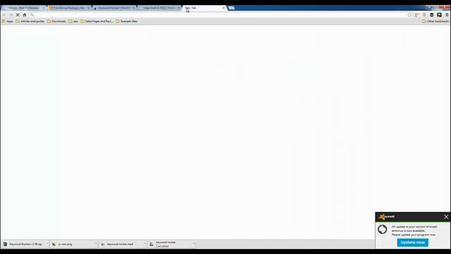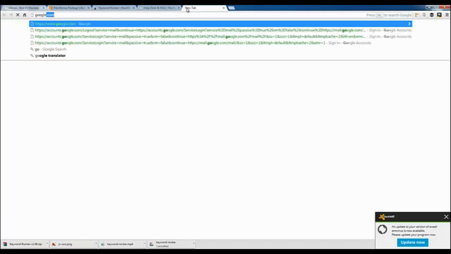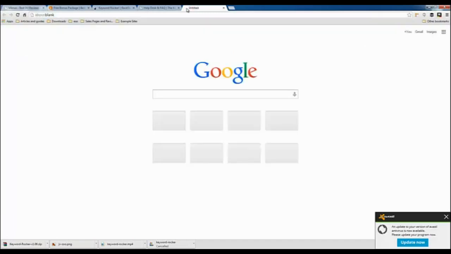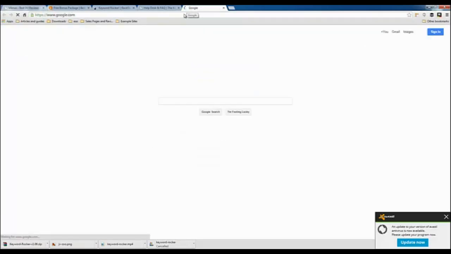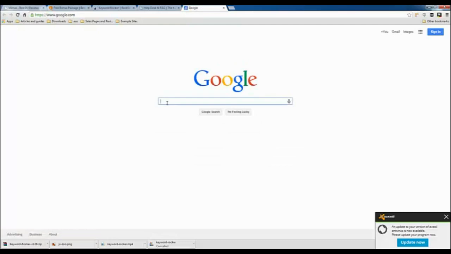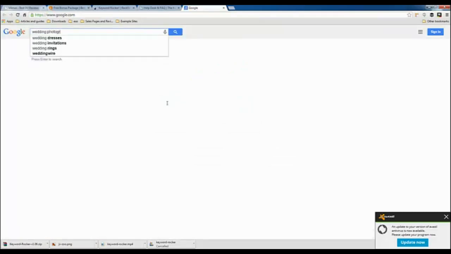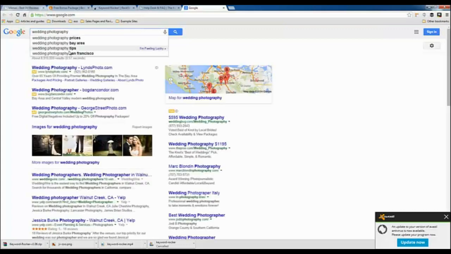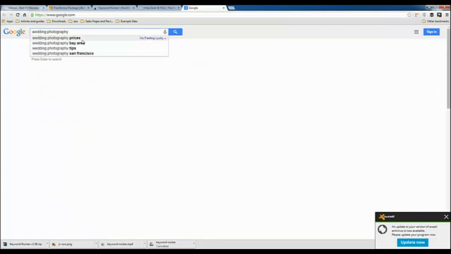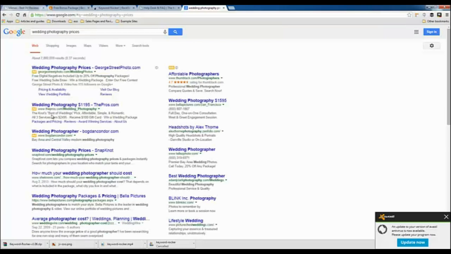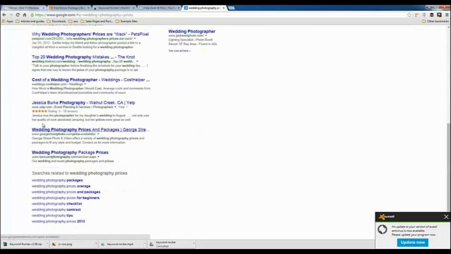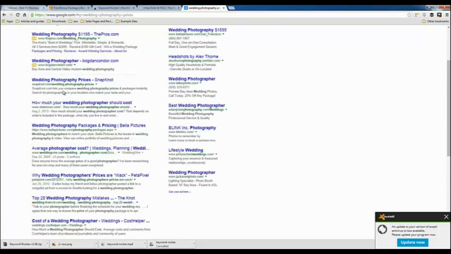For example, I'm not going to go through the old method, but let's say we were going to Google and we wanted to look for wedding photography. We might get our ideas through this auto suggestion tool, and when we click prices, we'll look through the results and see, are there any maps here?